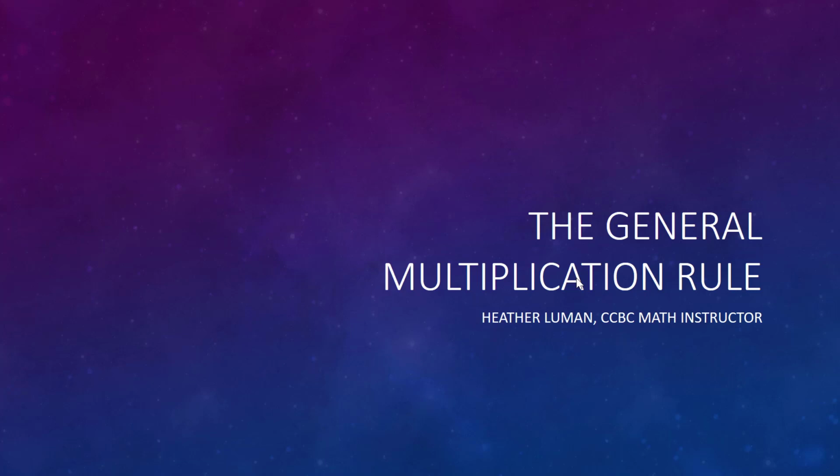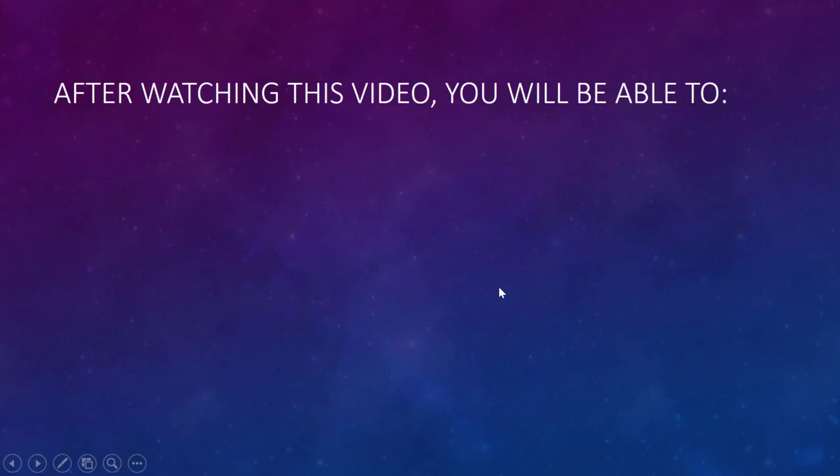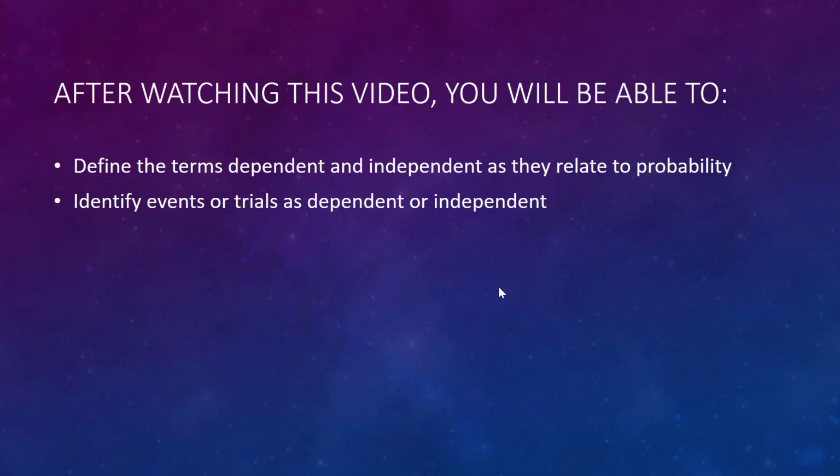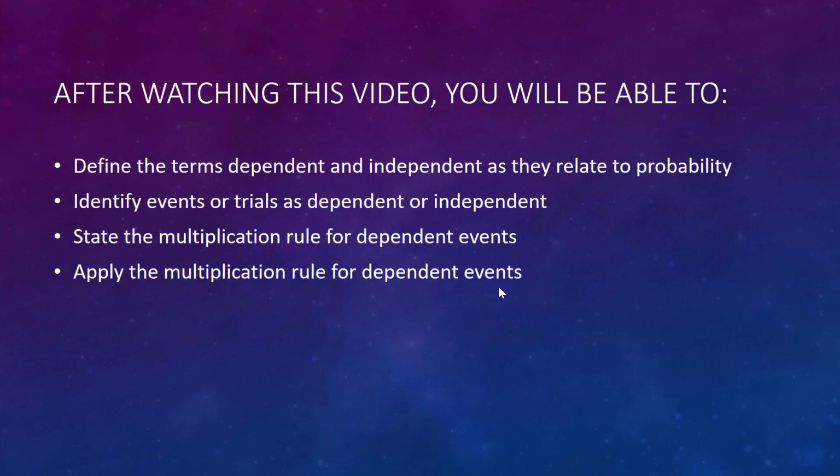Welcome to this video on the general multiplication rule. After watching this video, you will be able to define the terms dependent and independent as they relate to probability, identify events or trials as dependent or independent, state the multiplication rule for dependent events, and apply the multiplication rule